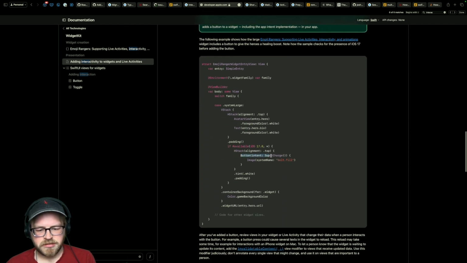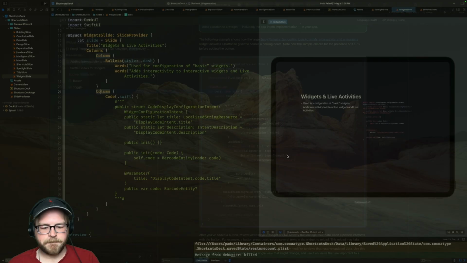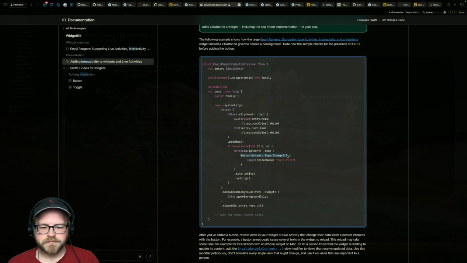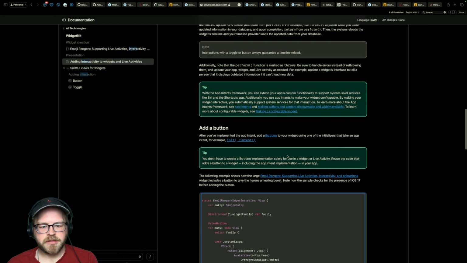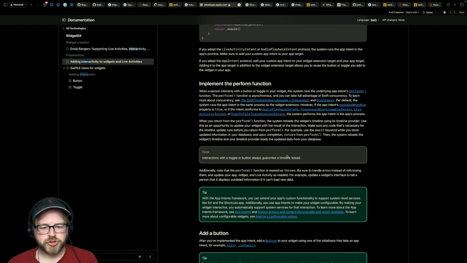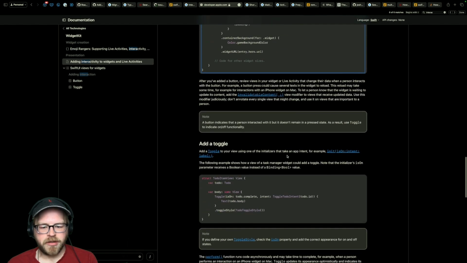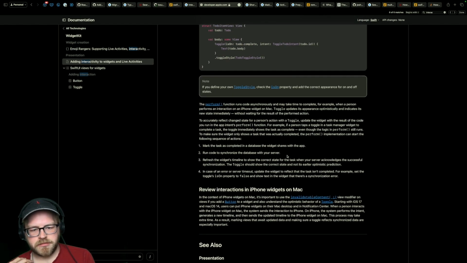Button takes an intent. So that's really all we need, is just a button takes an intent and we can pass in values to that intent. Okay, that's fine. How do I make it then update this? I don't know.